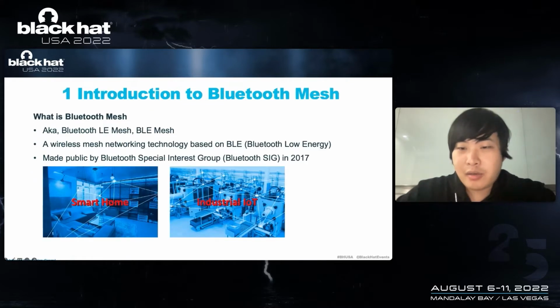Well, let's start with the Bluetooth Mesh technology. Bluetooth Mesh is also known as Bluetooth LE Mesh or BLE Mesh. It is a wireless mesh networking technology based on BLE. Bluetooth Mesh was made public by SIG in 2017, and now is widely used in smart home and industrial IoT